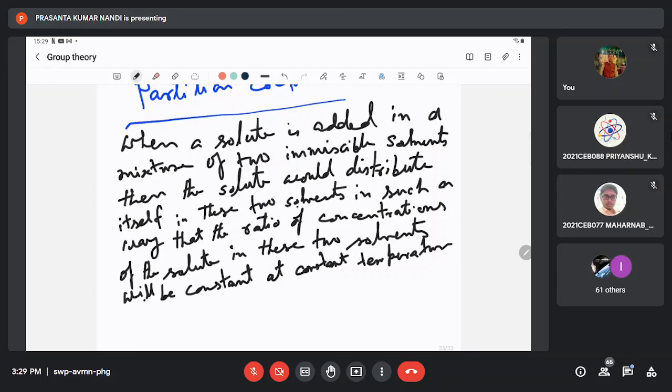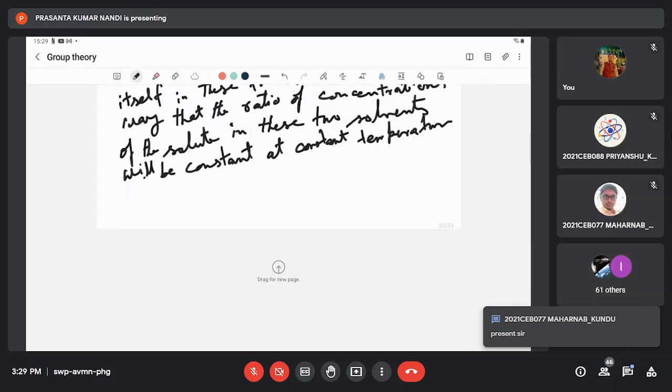That means at a given temperature, the ratio of the concentration of the solute in these two solvents will be constant, provided, this is a very important criterion,